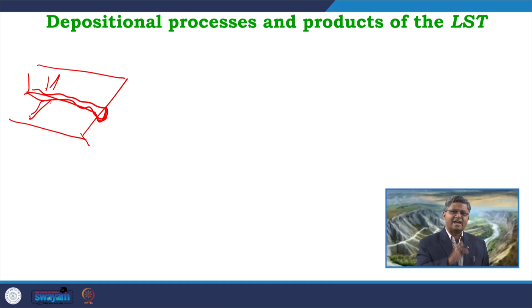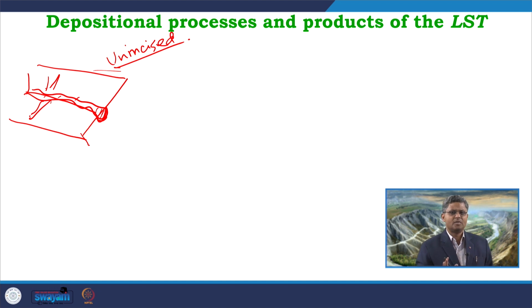and there will be several tributaries of this river system which are also facing significant incision. So, during this LST, as the water level is rising, and in response to that water level rise, there will be a change in the river equilibrium profile. The first thing that will occur over here is that the river incision will stop. So, what we get is an unincised river system,